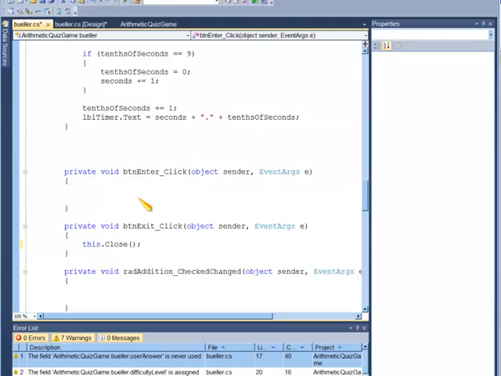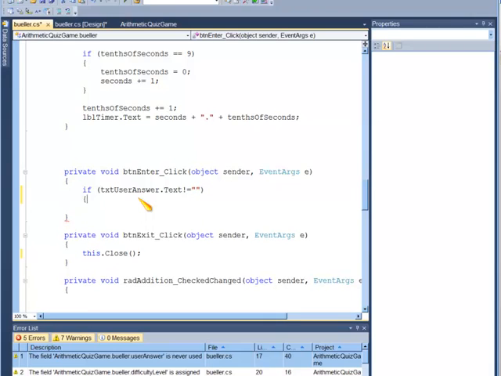Otherwise, when I try to process the number, I'm going to get an error because it's going to be trying to make numbers out of nothing. It's a similar problem to what we ran into in our calculator programs. So what should I do? First of all, if the text box, text user answer dot text, is not equal to nothing, then